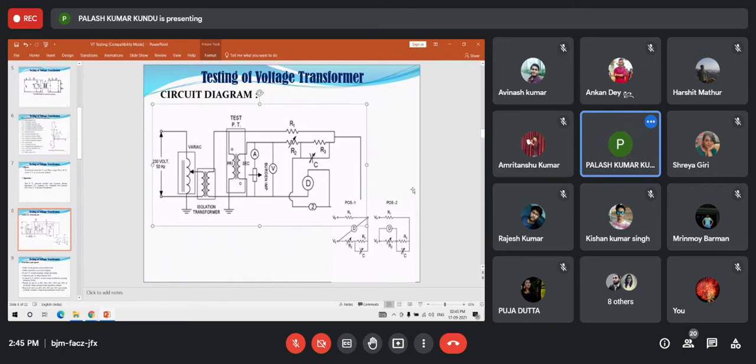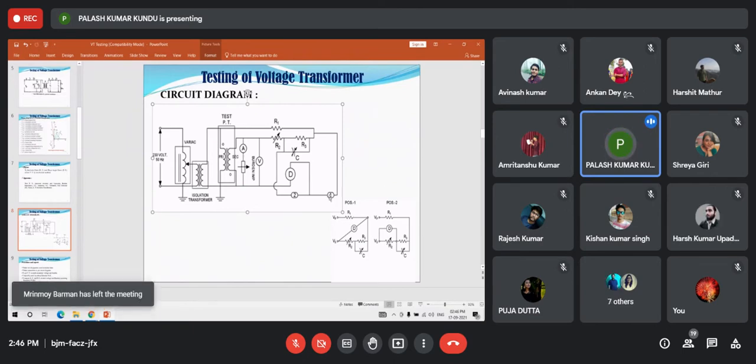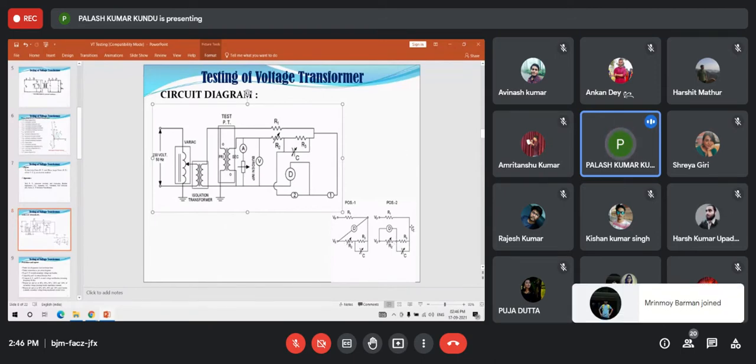and we can see there are two positions. Either we can use this position by plugging to number 2, or plugging to number 1. When we plug to number 1, the galvanometer will be connected across this. This is a diagram. When we use the plug at position 2, the galvanometer will be connected across this. Both can be used, but the two different circuits have different formulas.